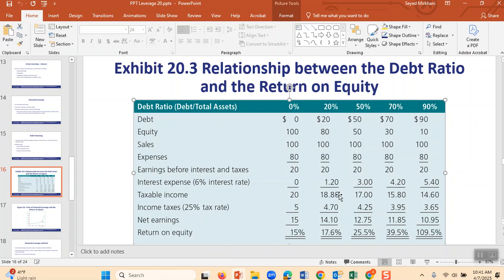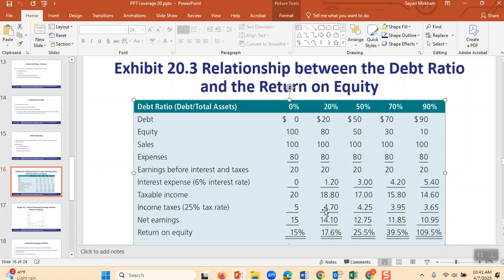Therefore, your net income: in the first case, you had earnings of $20 because you didn't have any expenses related to payment to the bank. Therefore, you pocketed all the $20.